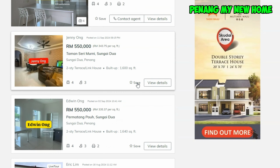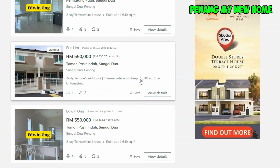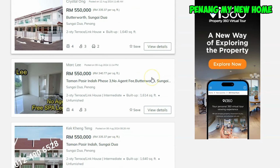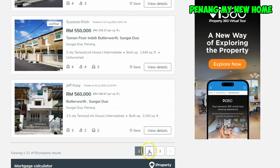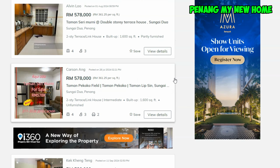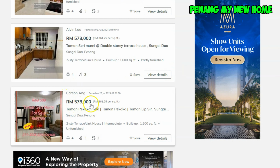I'm trying to find the cheapest terrace house on Penang Island. So far, all of these are on the mainland, so these are all not applicable. And here we go, this is the cheapest of the cheap. Taman Pekaka is on Penang Island. You get a 2-story terrace house, 1,600 square feet, unfurnished, 4 bedrooms, 3 bathrooms, 2 car park lots for only